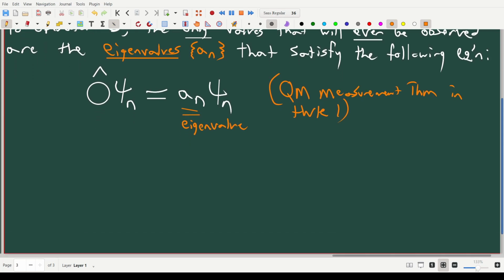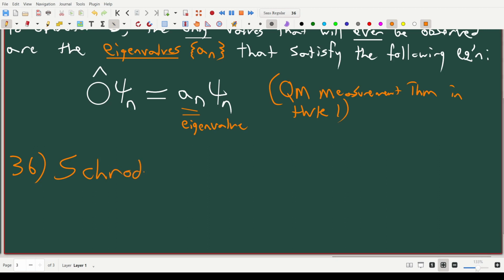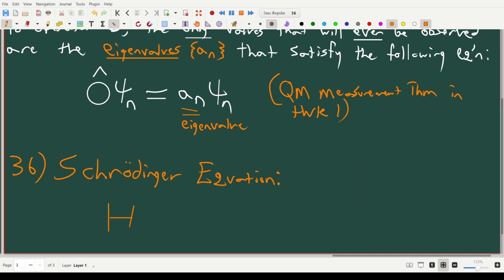Because I want to follow this up with a corollary, we're going to call this 3b, just an application of the postulate. And this is what's called the Schrodinger equation. This will be our big tool in this class. Erwin Schrodinger, physicist from Switzerland, 1910s, very strange man. But he came up with a beautifully simple equation which says that he writes it like this,